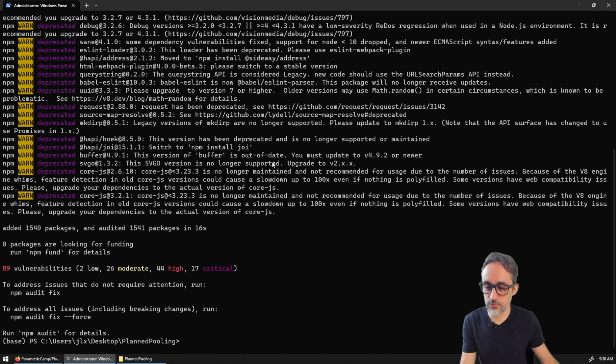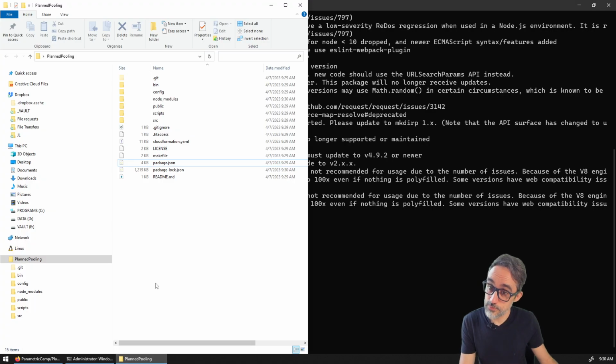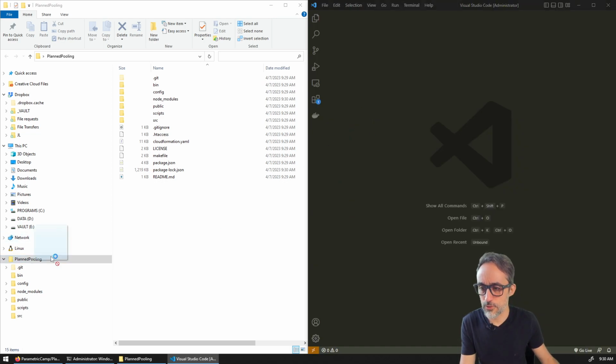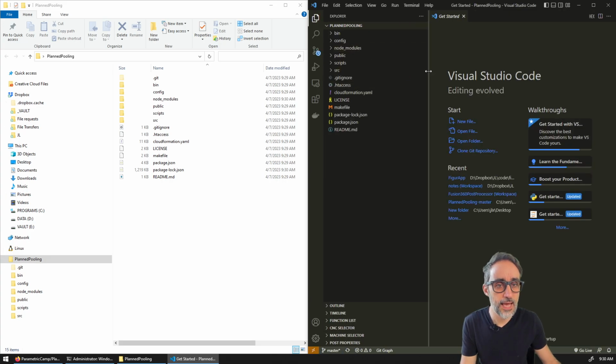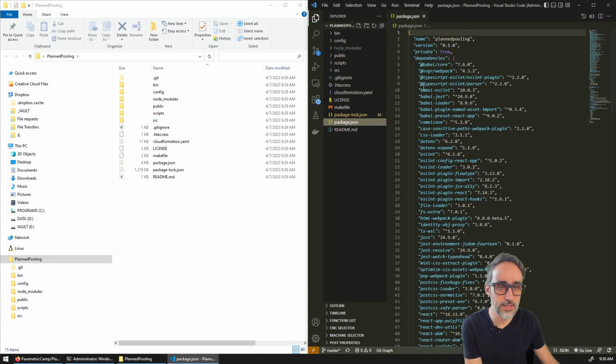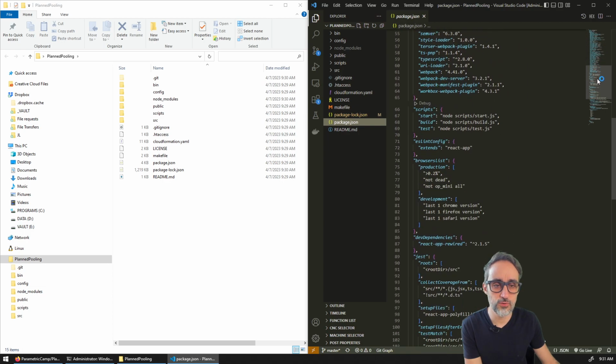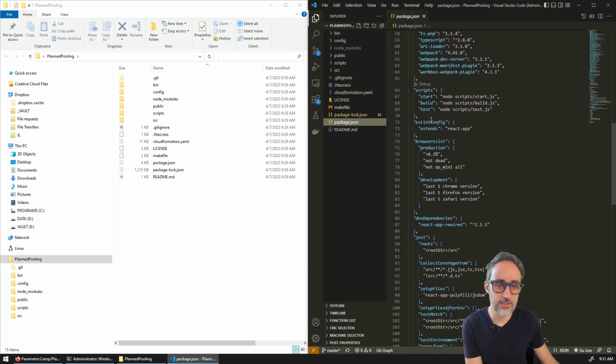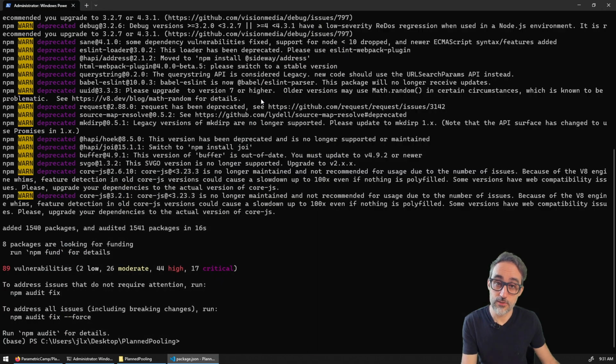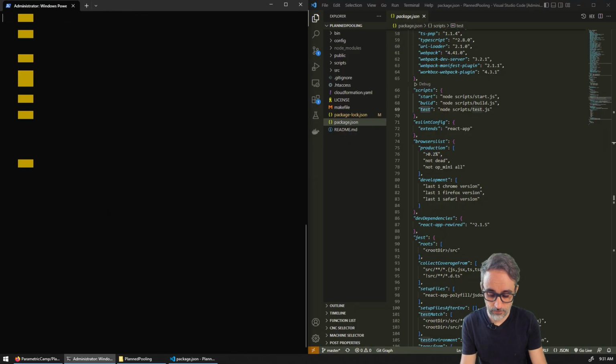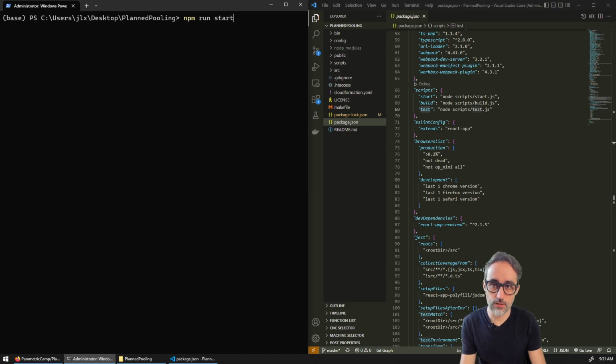The next thing that I would like to do is run this project. So the first thing is I'm going to open Visual Studio Code. I am going to open it here. I'm going to drop the entire folder in to take a look at it. And because it's a Node project, typically inside of the package file there are ways to figure out what the scripts are that execute this project, right? What that means is that I have a start, a build, and a test script. So I'm going to use npm run start to trigger the start script,